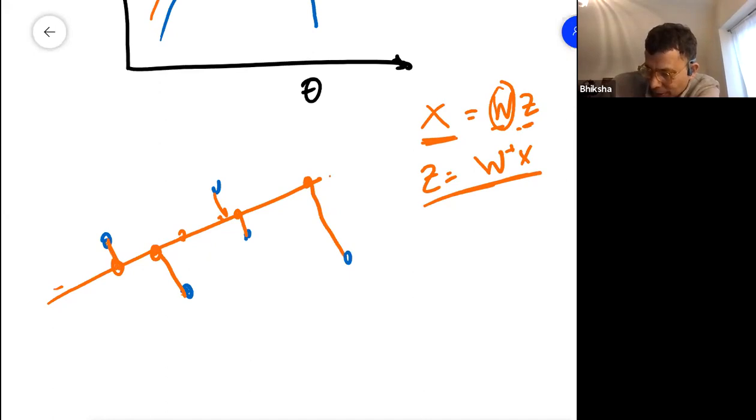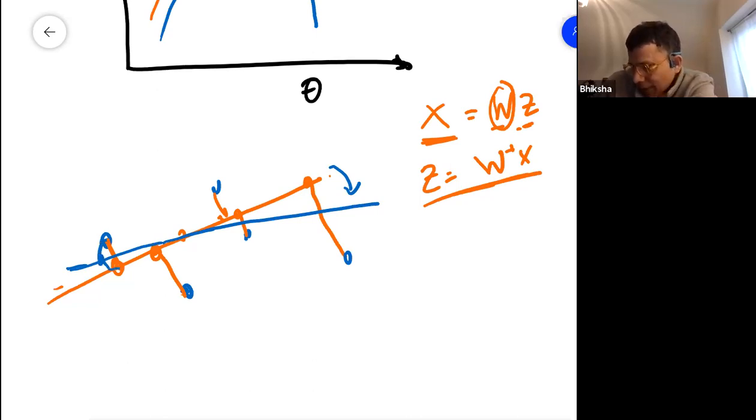Then subsequently, we let this thing rotate so that the total squared length of these projection errors is minimized. So when you rotate it, this point moves here, so you're going to get this length. This one would move here, so you're going to get this length. So you'd let the plane rotate so that the squared length of these lines is minimized, and that gives you a new plane.